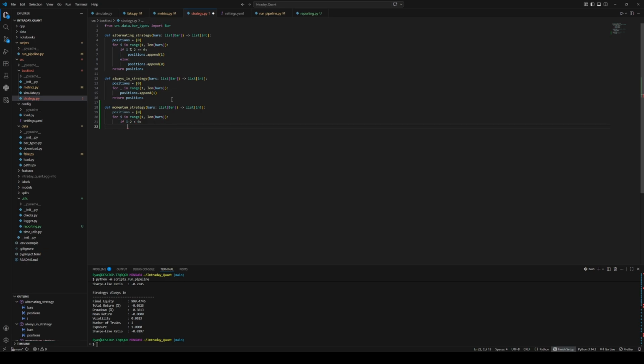That means it should really only do that for the first bar, because we don't want to allow it to see the current bar. So we're going to do the comparison between i minus 2 and i minus 1. If it's negative, it's going to look back at the ending bars, not the beginning bars. So if i minus 2 is less than 0,